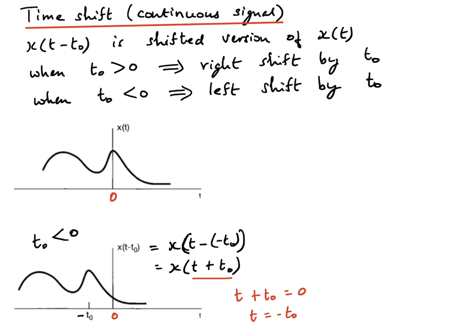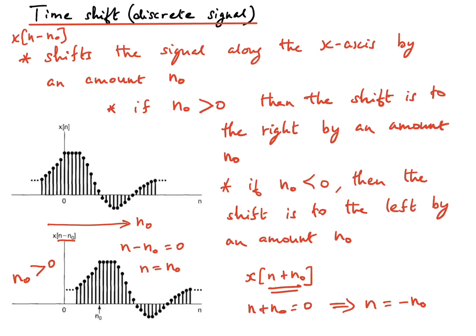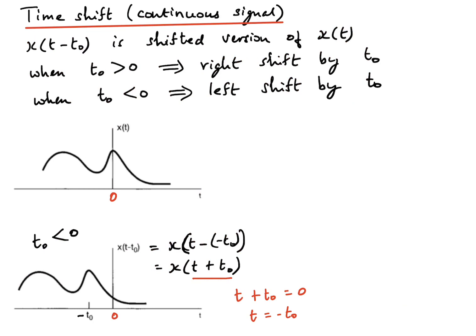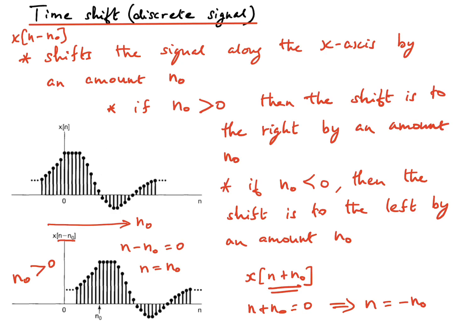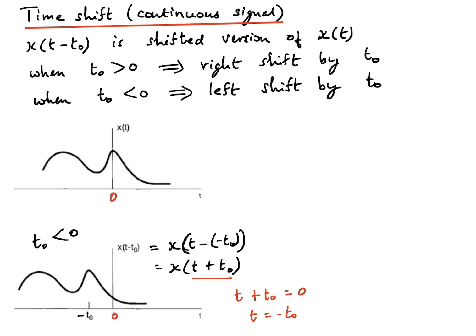The idea is the same for both the discrete case and the continuous case. A time shift basically means shifting the waveform to the right or to the left by a certain amount t naught, or an amount n naught in the case of a discrete signal. If there is a plus here, it is indicating a shift to the left, and if there is a minus here, it is indicating a shift to the right. So we have seen the time shift transformation. Next we are going to see the example of a time reversal transformation,